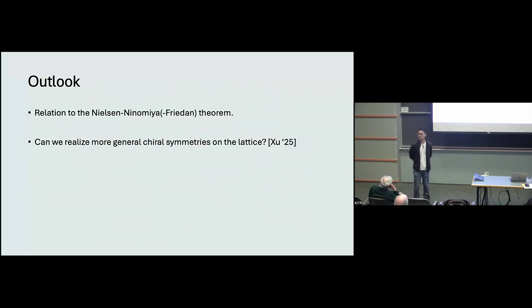So why can't you just take... Good. What's the problem? Right. So if you want to get a 3450 symmetry or more general chiral symmetry, you will have to take a linear combination of the vector charge and the axial charge. But the QV and QA, while individually they have quantized eigenvalues, because they don't commute, the moment you take a linear combination, the sum of these two operators will not have quantized eigenvalues anymore.